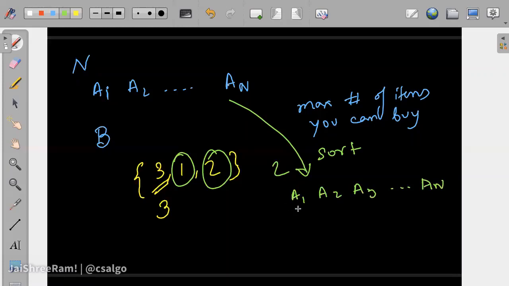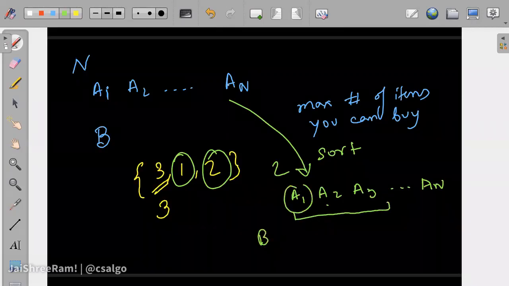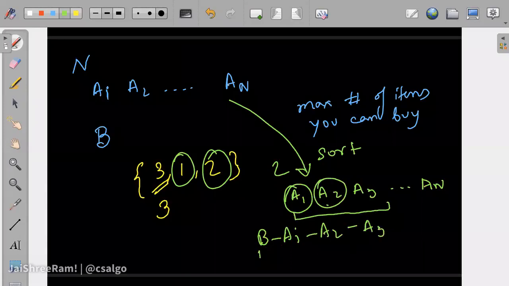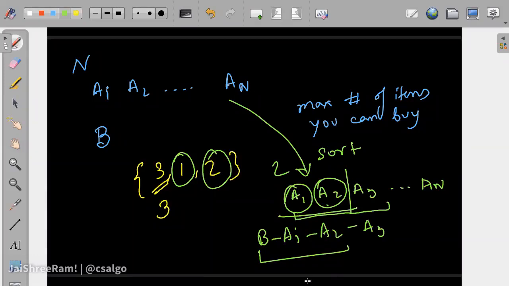Okay, and once it's sorted, we do a linear loop from the front. Prefix sum and lower bound is not needed for this case. So what we can do is find out how many of the first items you can buy with b. You take the first one, subtract it from b, and you see if you are left with something positive. If yes, then it's okay to take the first one. You take out the second one as well. If it's still positive, you can continue. If you take the third one as well, you see that this becomes negative, so you cannot take the third one. So only two items you can take, right? Is this idea clear to all?